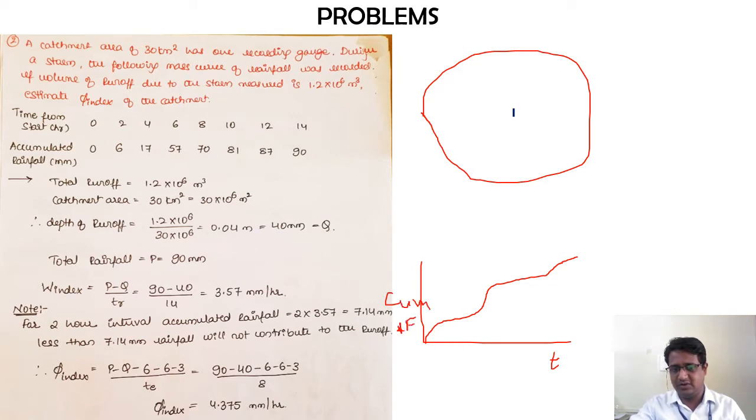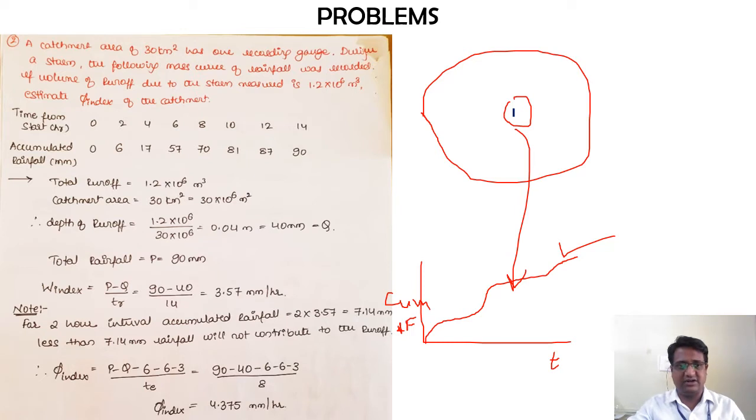So this particular rain gauge station has collected the rainfall data, and it has drawn what I can call a rainfall mass curve. A rainfall mass curve can be prepared using a recording type of rain gauge station. We have the weighing bucket type and the siphon type of rain gauge stations with which we can get the rainfall mass curves. So that is the second line of what they have said.